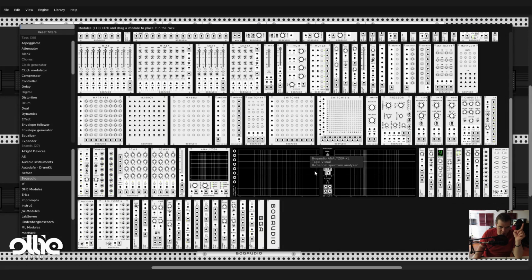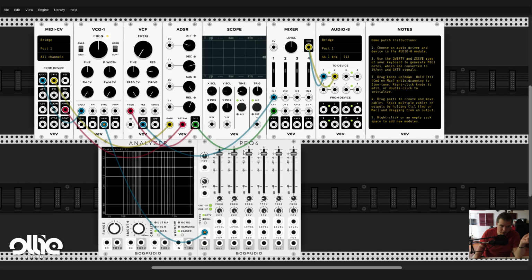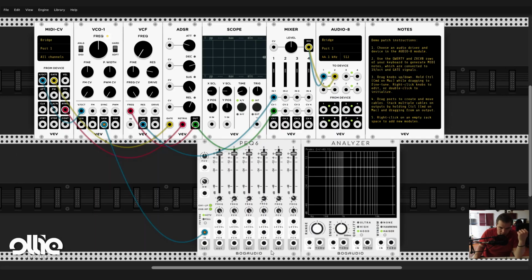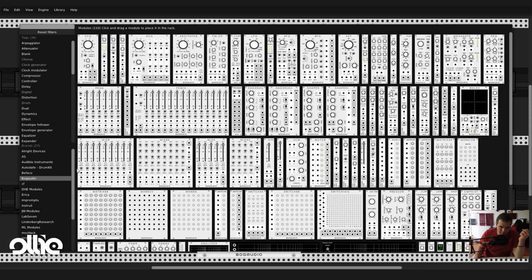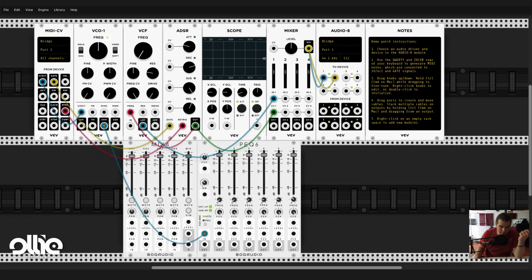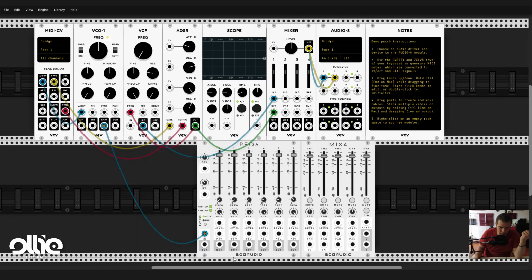So basically, if I take an analyzer, and by the way, Bogaudio has an analyzer, just like Span, check this out. We have the band and we can play with it actually. Just like so. So it's basically a bunch of bandpass filters mixed together. So if I take the mixer from Bogaudio, I'll route these bands like so. I'll take the output to